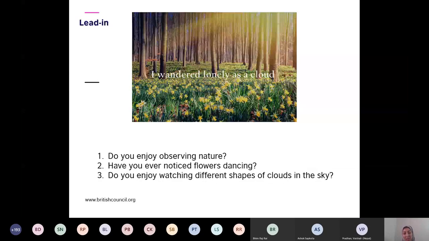I would ask them some leading questions like, have you ever noticed flowers dancing? Do you enjoy watching different shapes of clouds in the sky? Yes, fluttering and dancing. Okay, then